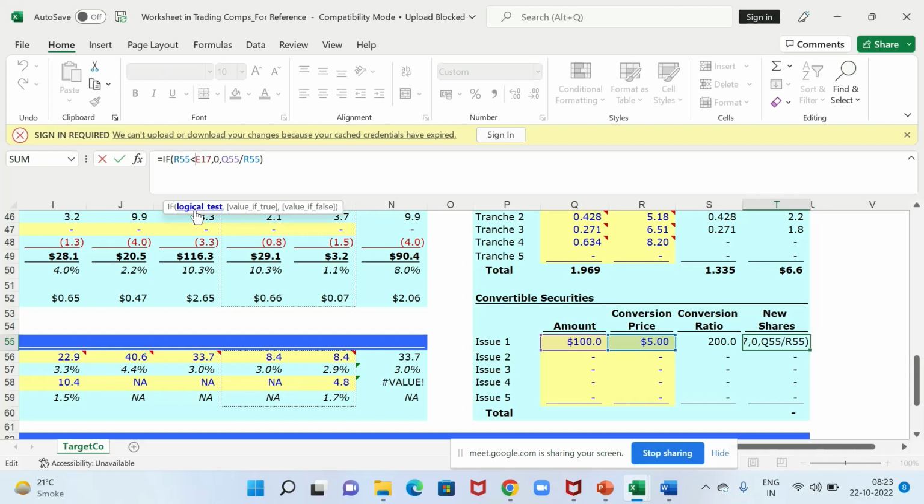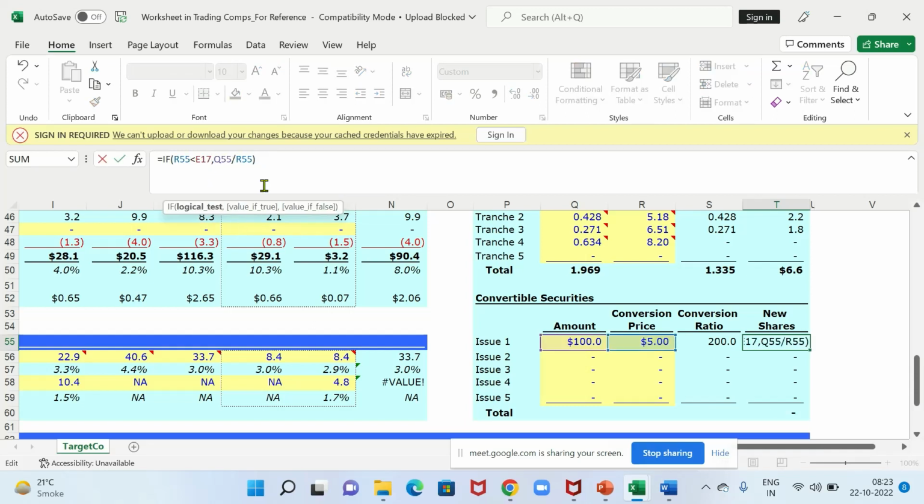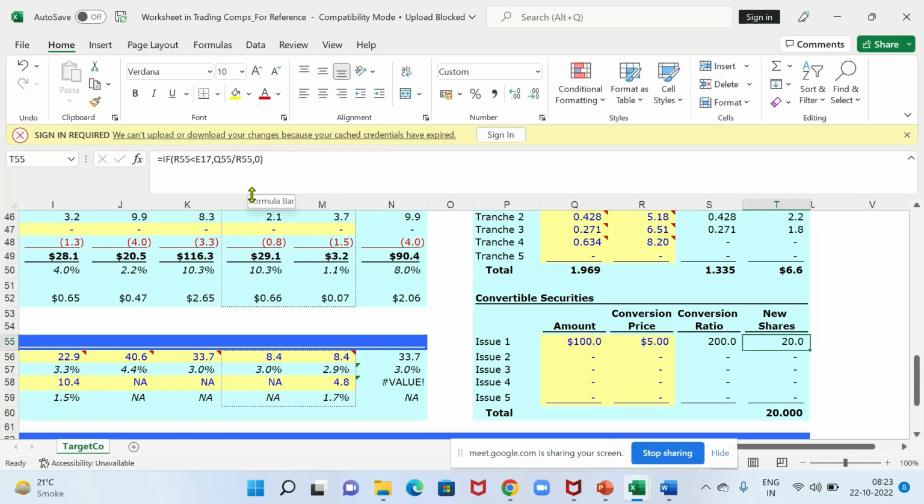This lower. If it is higher, it should be higher. So we can work on the lower function also. In that case, I just have to change the placement of 0 over here. So let's stick to the initial equation. If my conversion price is lower than my current price, that signifies that it is in the money. Hence, we would divide the total amount by the price to give me the number of shares outstanding.